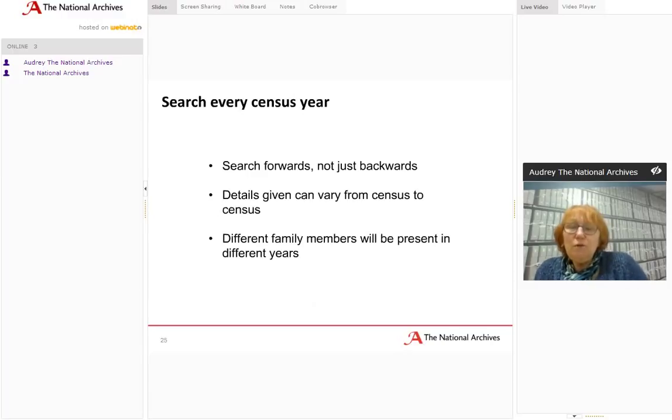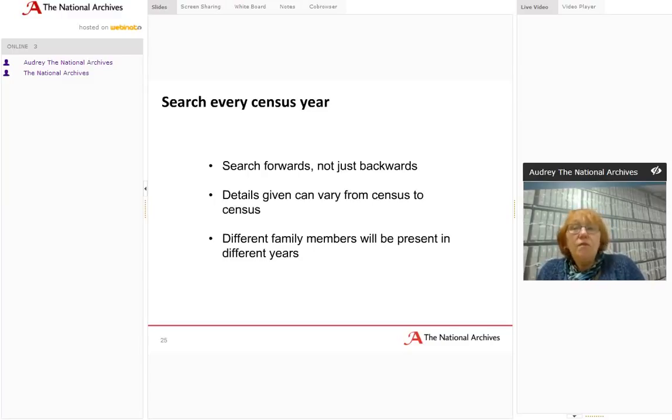And another thing that you really should do is search in every census year. When we do family history, we are going backwards. You find a family, you find your ancestor, maybe an elderly person with children, and then you work back and find them as a child with their own parents, and then you find their parents as children with their own parents. But you should always come forward as well,